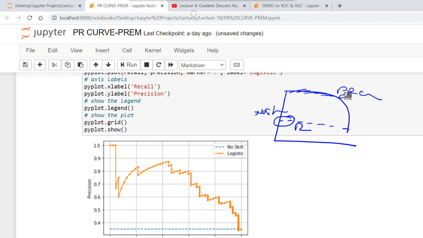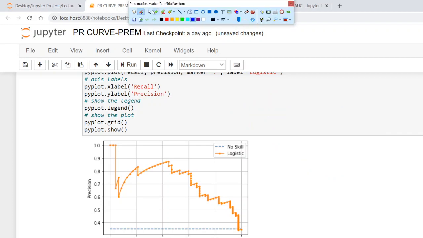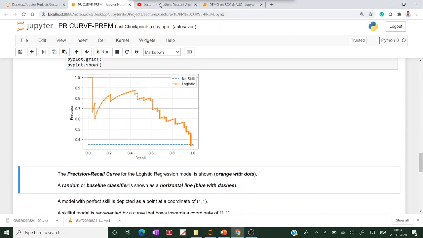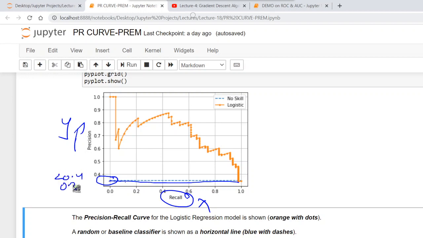Here the y-axis is the precision and the x-axis is the recall. So here this is the baseline. This value is less than 0.4, approximately 0.3 something.